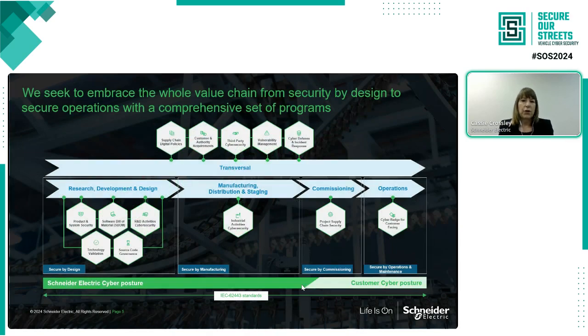But first, let me show you, I know it's hard to read all of the different activities, but our supply chain security initiative is made up of 13 plus initiatives. And overall, there's a life cycle, as we would normally see. And down on the bottom left in our research development design is our SBOM initiative that I lead. And I'm the overall supply chain security vice president. So I work with all of these different initiatives throughout our company, but the ones where I'm focusing a lot of attention are on the product security side, as a product security officer for the company,